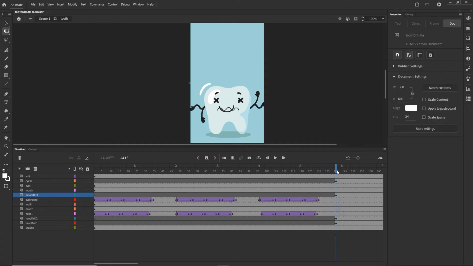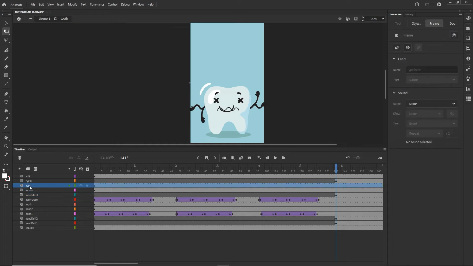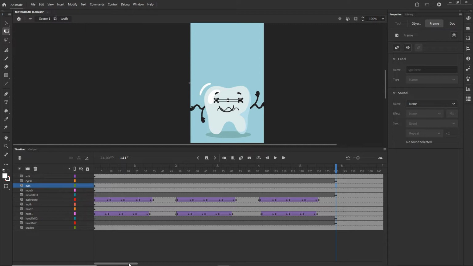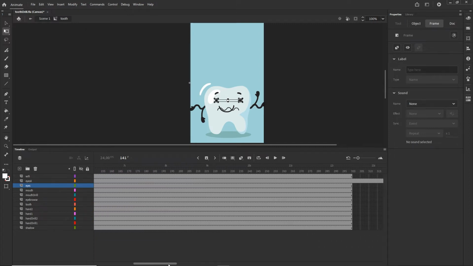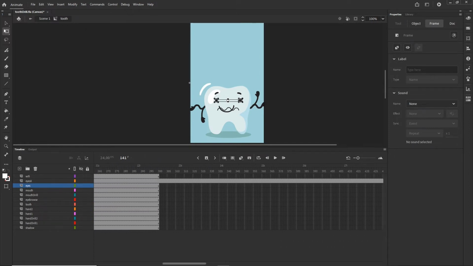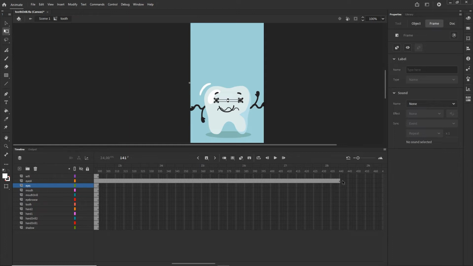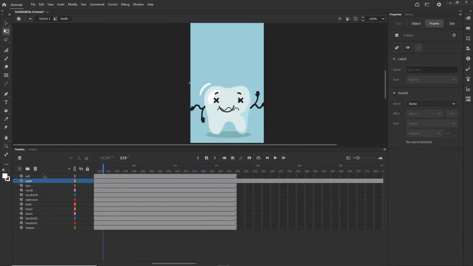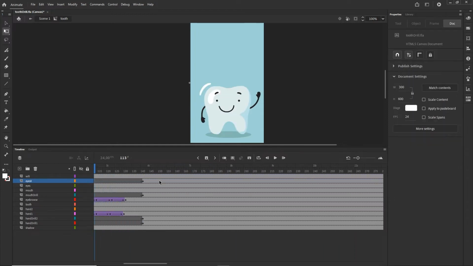And now what I am going to do is this normal eyes, I am going to have them from frame 1 up till frame 140, and in here I am going to click, and with the shift I am going to select the rest of the frame. It is right now very long, I don't know why, but I want to select it like so. But I will have to do it one more time because I want to select only